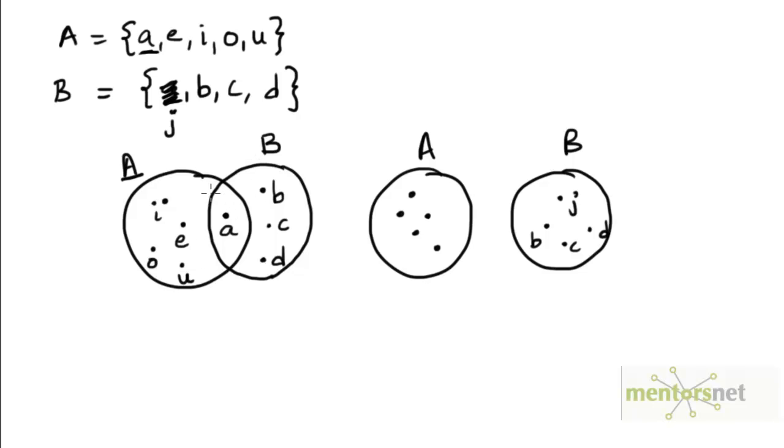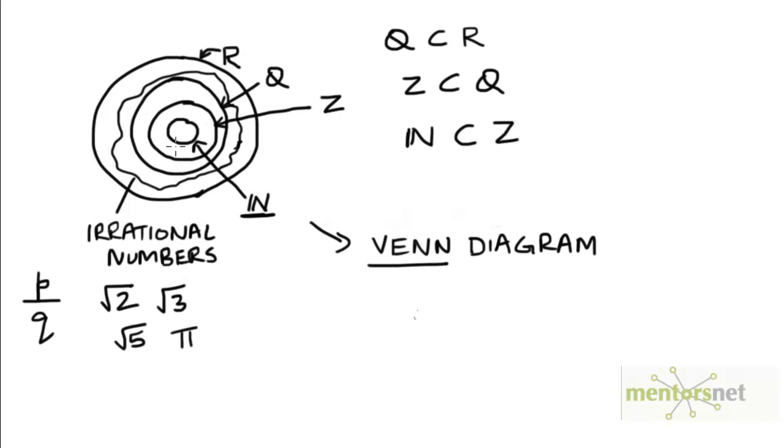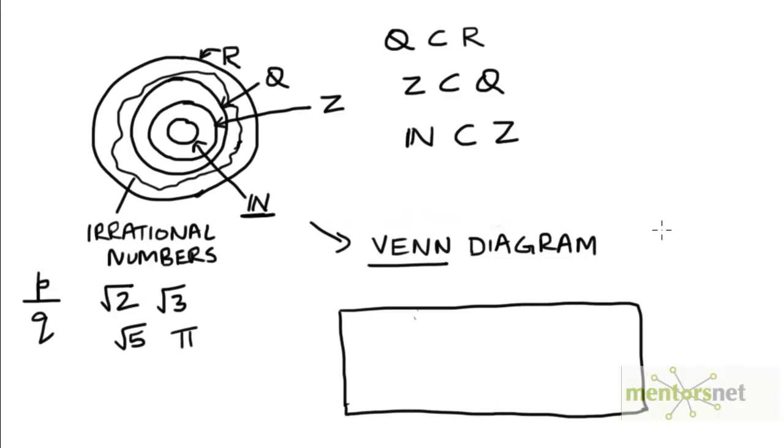represented either as overlapping sets if they had an element in common, or as disjoint circles if they had no element in common. In a typical Venn diagram, the largest set or the outermost set is typically represented as a rectangle instead of a circle. So we could redraw this diagram as having the set R as the largest set in the diagram, and then we could divide R into two parts.